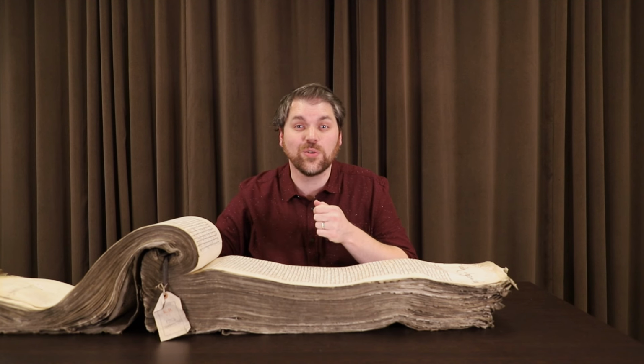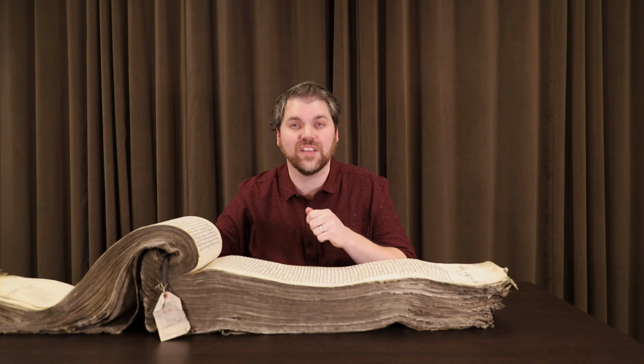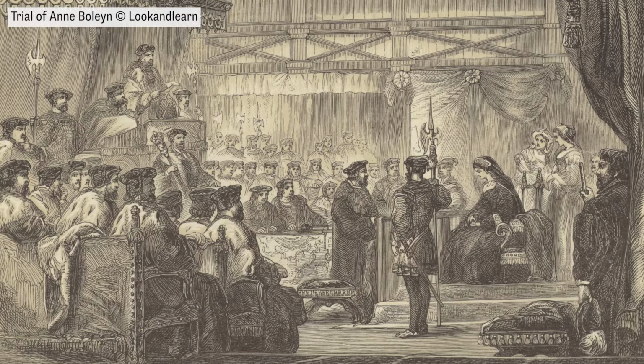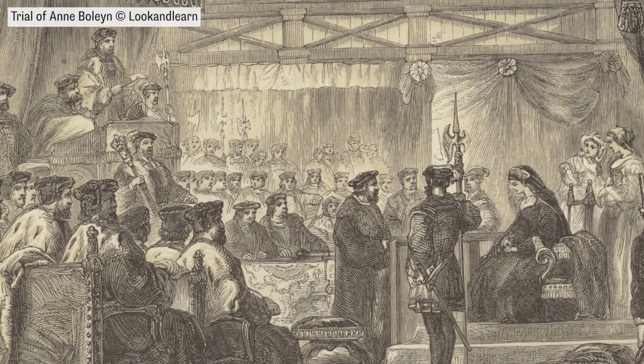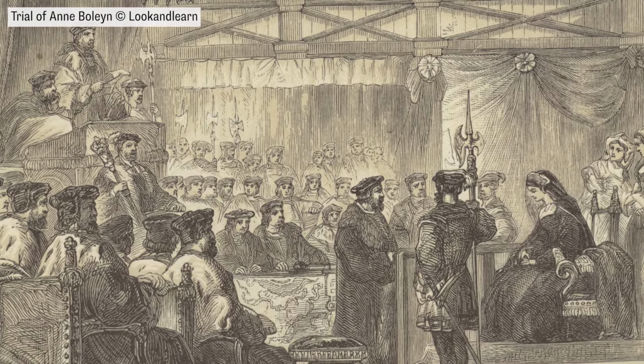In this series, records relating to some of the most notorious cases in English history are kept. Anne Boleyn's treason trial, the trial of the Gunpowder Plotters, and the prosecution of the Luddites all have records in KB 8. This document I have here is KB 8 79, the King's Bench records relating to prosecution of people involved